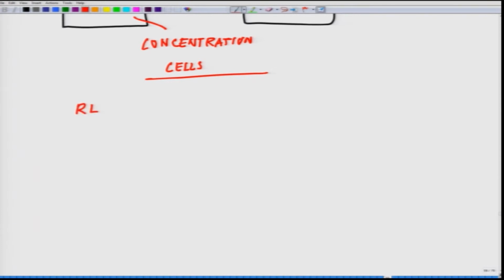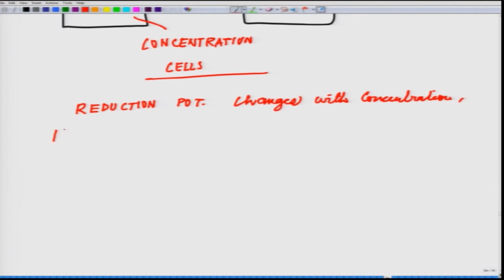So, reduction potential changes with concentration. An electrochemical cell using two half cells with the same chemical reaction, but with different concentrations, is called a concentration cell. Let me repeat again: because the reduction potential changes with concentration,